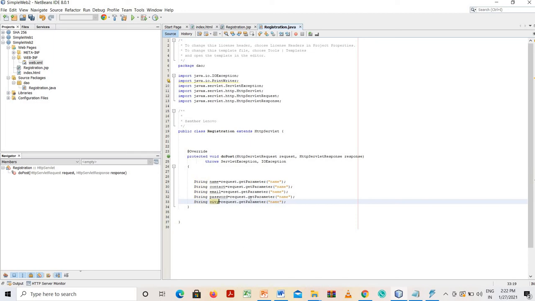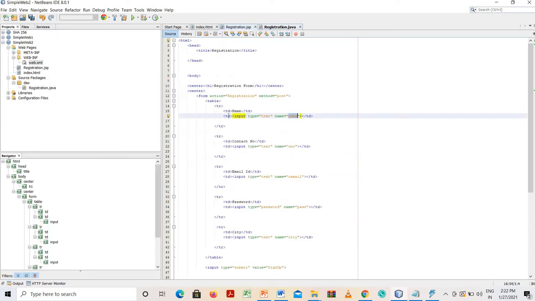So String name, contact number, email ID, password, city. I have defined these 5 variables. So I have used request.getParameter name. So this is registration.jsp. Here I have defined input type is equal to text, name is equal to name. So I have written here as name.